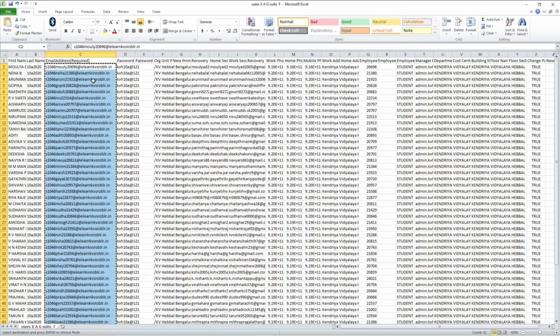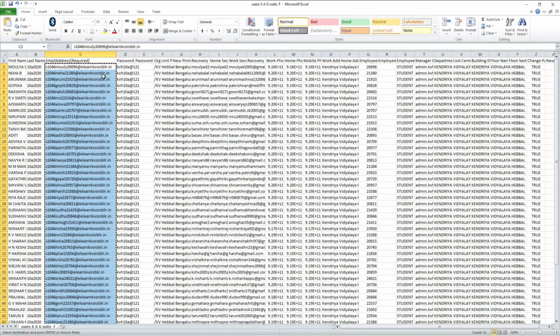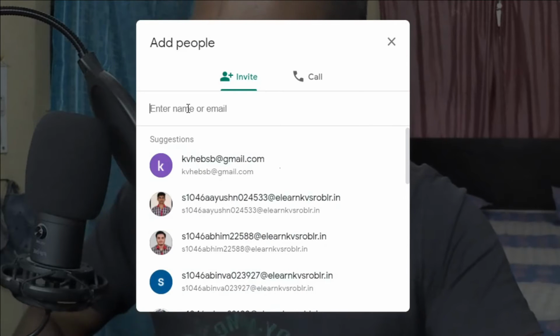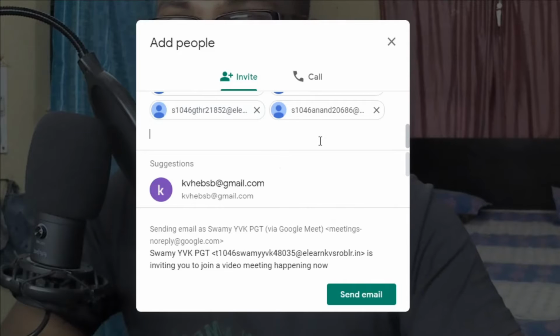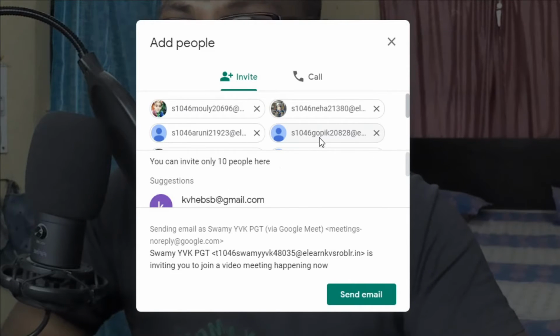So you have to copy. See, I am copying all the G Suite user IDs of students of one particular section, and then come back to your G Suite account and paste all their email IDs or G Suite account user IDs. So all these students will be added into your online meeting.